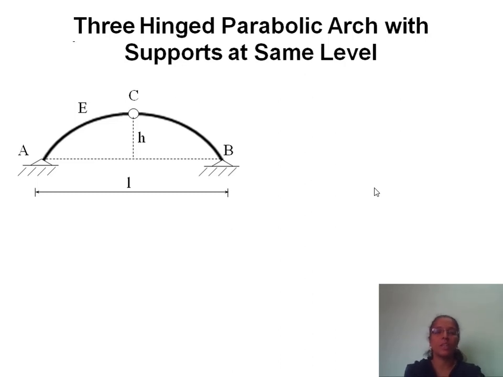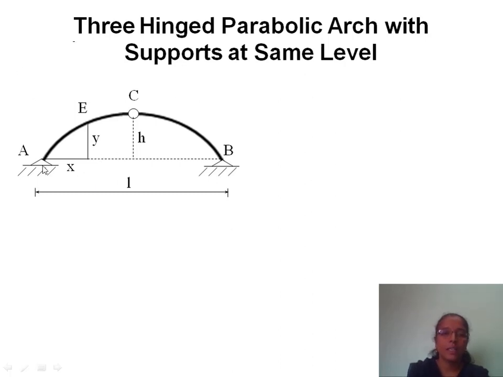Because the supports are at the same level, you can consider the point E in the left segment or in the right part. Let x be the distance of this point E from the hinge A. Because we have considered it in the left part AC region, we measure it from the support. In circular arches x is measured from the center line, whereas in parabolic arches x is always measured from the support. This you have to keep in mind.